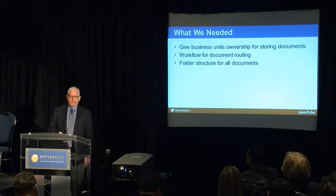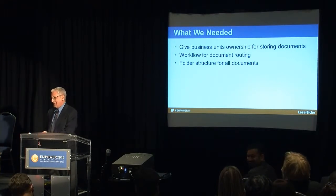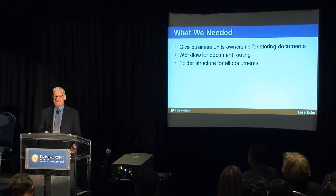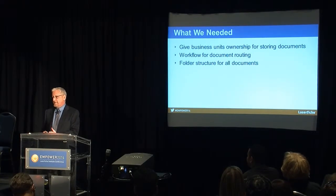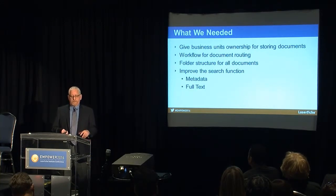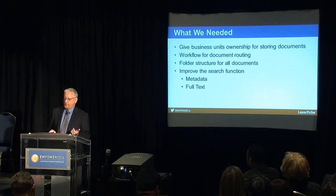The folder structure was important for us. Our legal team really likes a lot of folders. They like a lot of subfolders, a lot of intricate folders. Some of the rest of us, I'm picking on Ashley a little bit there, like a little less folder structure. So it was important for us to bring on a system that allowed us to do that. We also wanted to improve our search function. We wanted the metadata search, of course, but we wanted full text search, and that was the other reason for us for